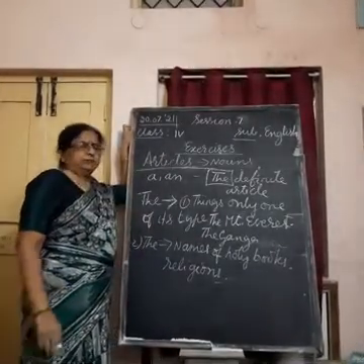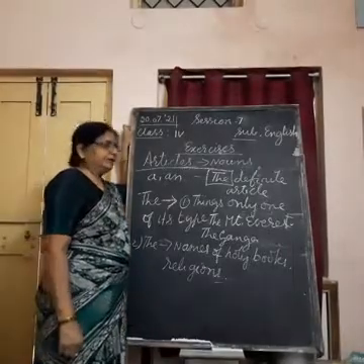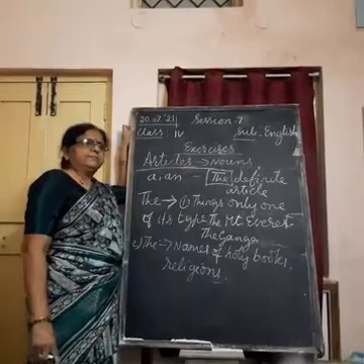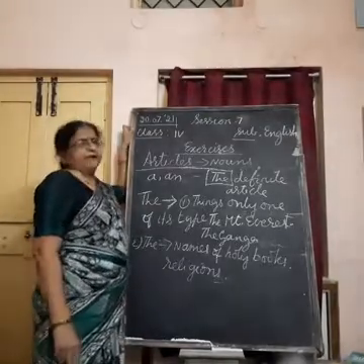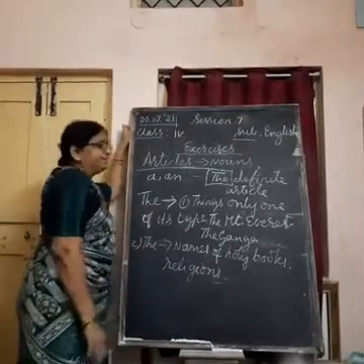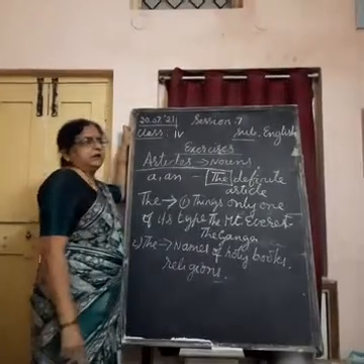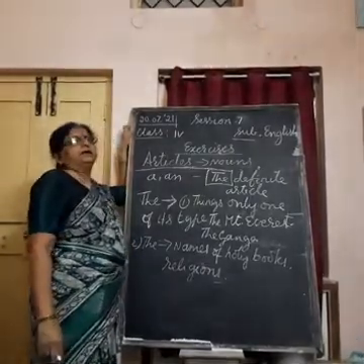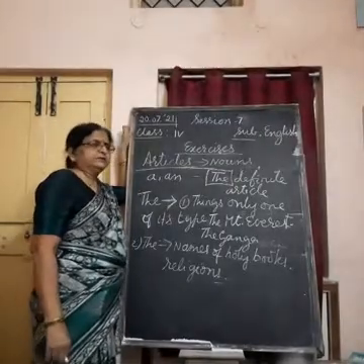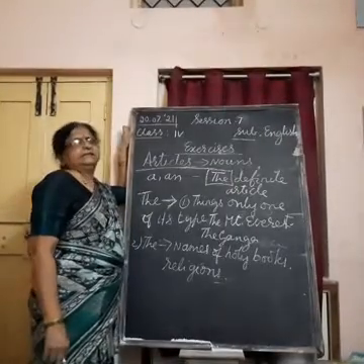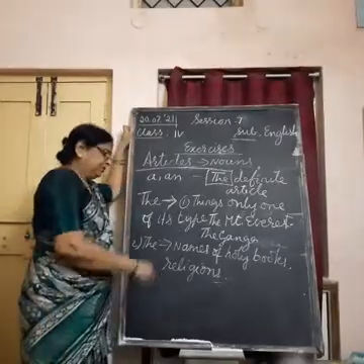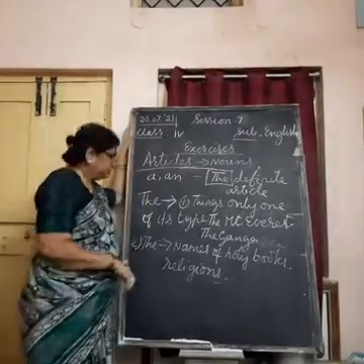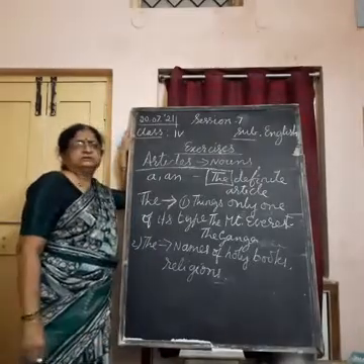Which is the holy book of the Christians? Teacher, Bible. It is wrong actually. You should say the Bible, the Quran, the Bhagavad Gita, the Ramayana, the Mahabharata, the Vedas, the Upanishads. In this way you have to tell. Or you have to use the with names of holy books plus names of the religions.